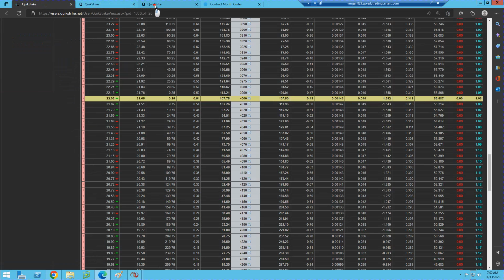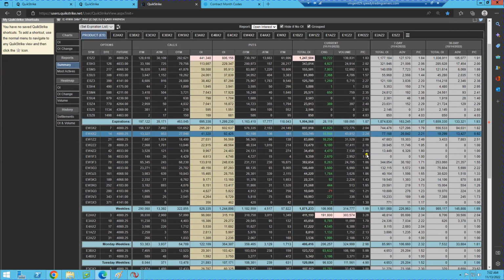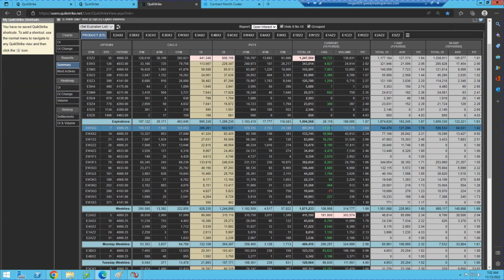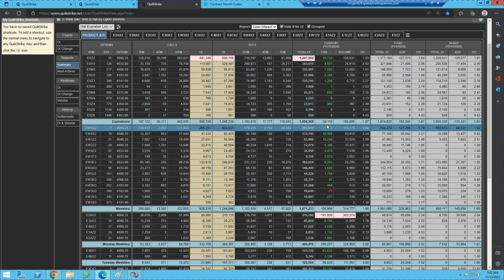There are other methods. There's a summary report to show where the highest puts are sitting or the highest calls. So you can always be prepared that that's where the futures market likely trades to. So you can see this 4,000 area was the highest